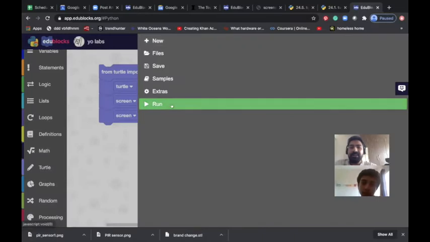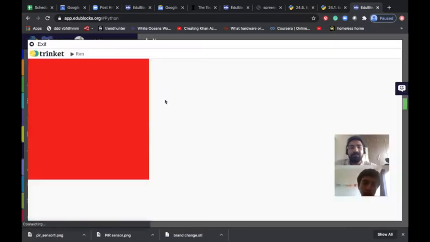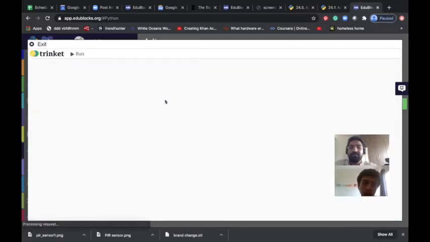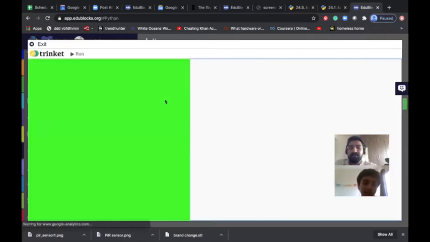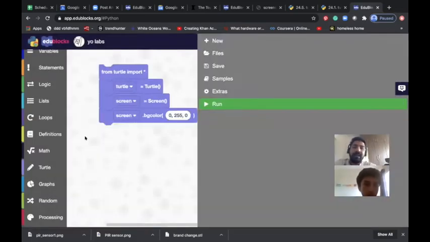So we run again. This time the background should be green. Yeah, so this is the green, and this is the true green. If in future you want to check what is the true green for computers, this is only green. I haven't mixed anything. Right? Can I try? Yeah, so you try now blue and see.